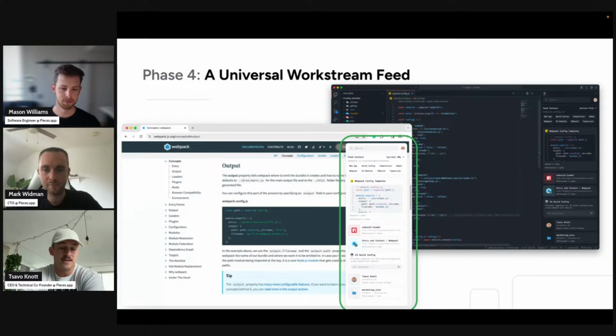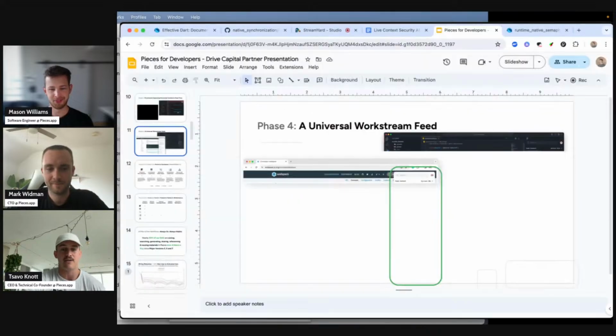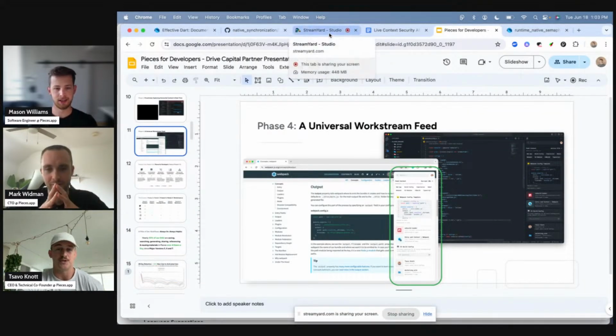And yeah, the workstream feeds are pretty crazy because it's kind of a do nothing, gain everything experience. I just have Pieces running. I'm just navigating my work in progress here, browser, IDE, collaboration environments, and Pieces is saying, hey, here's everything you need for this environment. And then the nice thing is you can drill down into this stuff. So you can say, for this link, show me everything related to that link. So snippets, people, whatever else. But pretty pumped about the feed. I don't know, Mason and Mark, if you guys have some thoughts on that, but super excited.